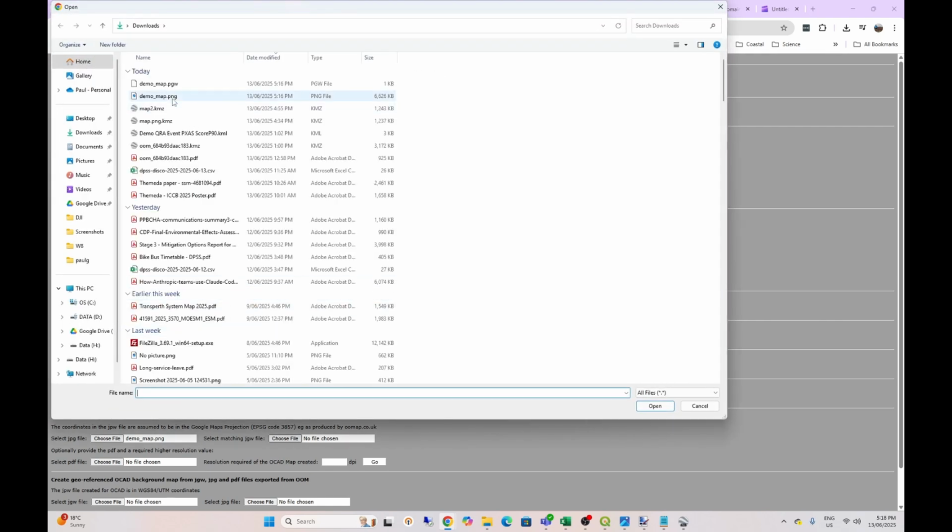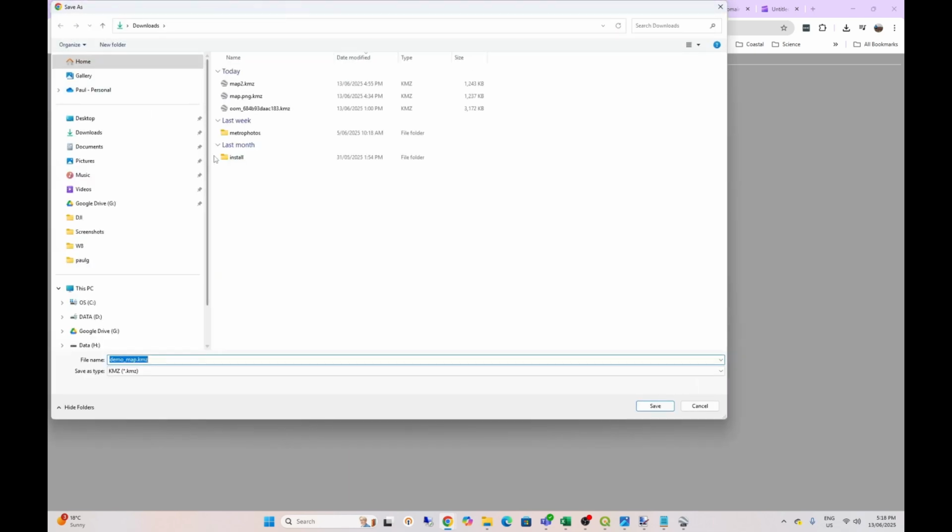And then we choose the corresponding PGW, that's the text world file that describes where this image is in space in the Google Maps projection. So we click that file, and then we click go, and the website script does its thing and comes up with